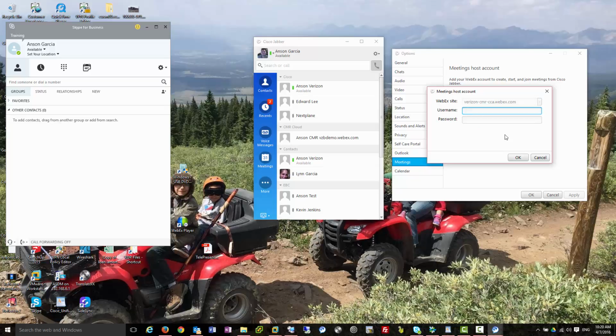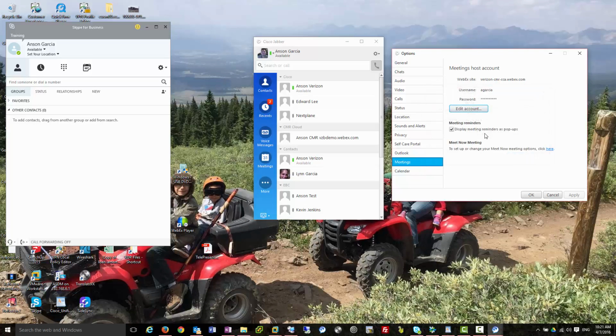I have to put my credentials in here, and goodness, I don't remember. Okay, you can see in here I can just put my credentials, and it's going to log in the background, make sure everything's okay here. Okay, so everything's good. And now I have this little Meet Now, so I can click that, and if you're